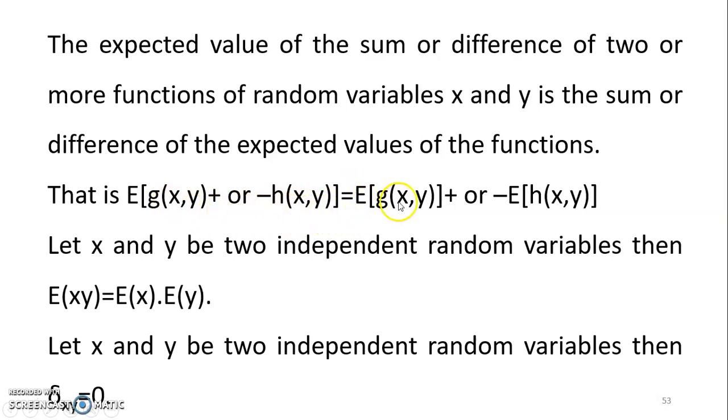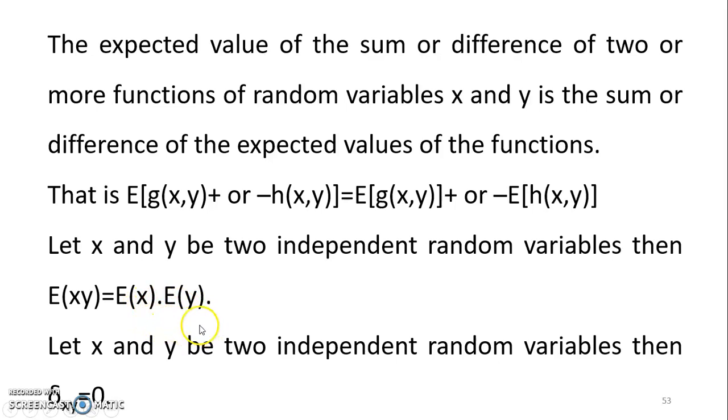So this equals the expected value of the individual functions. Okay? So let X and Y be two independent random variables. Then the expected value of the product of X and Y is equal to the expected value of X times the expected value of Y, provided X and Y are independent. Remember, if they are independent random variables, then the expectation of their product is equal to the product of the expected values of the individual